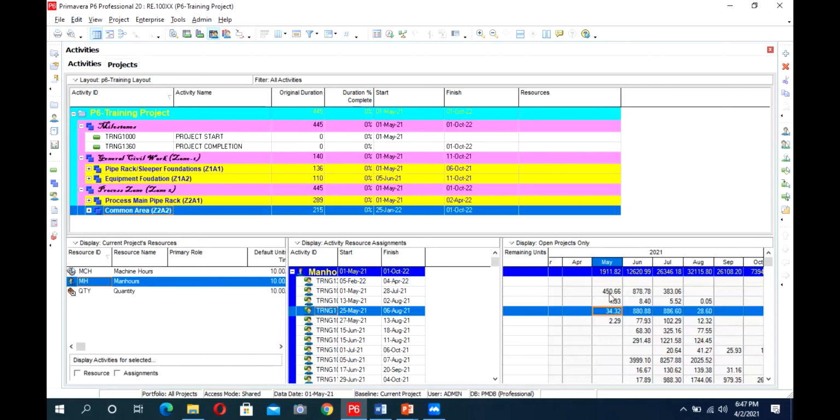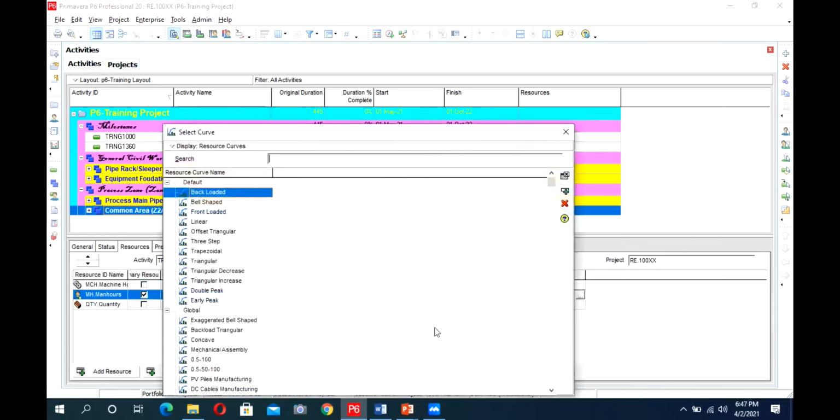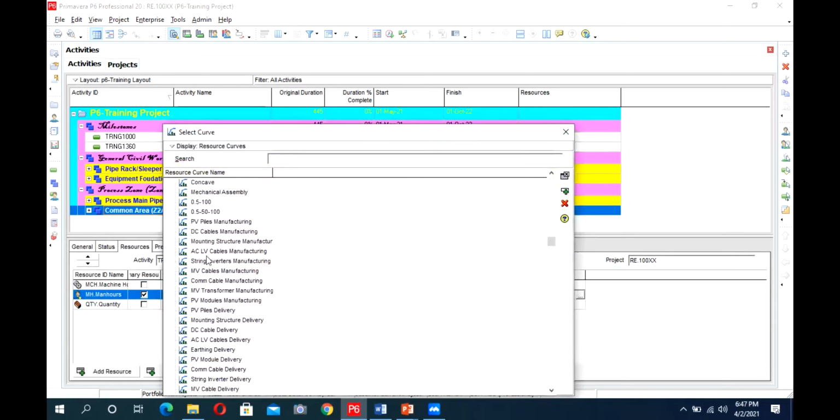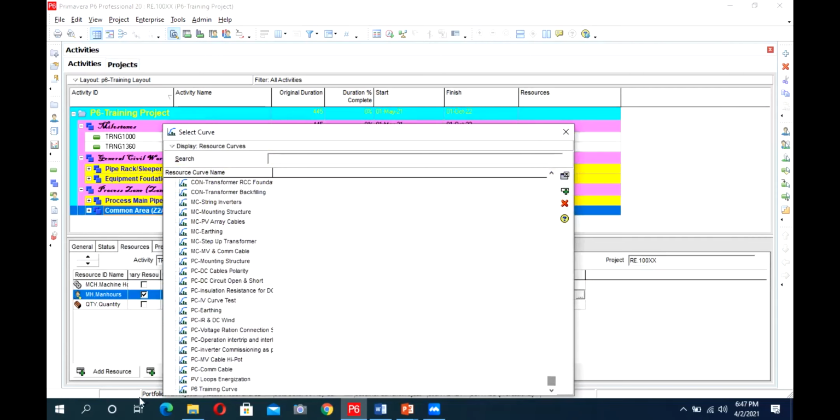It did not impact the load by changing it to backloaded. We change it to another activity. We assign it the P6 training curve, okay?